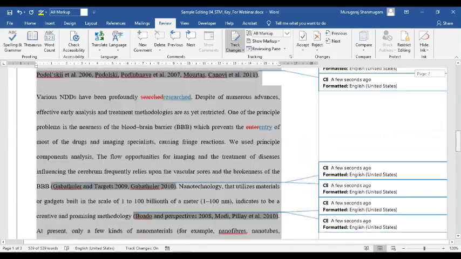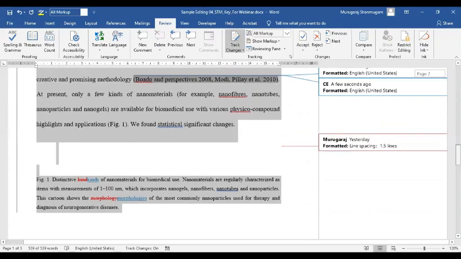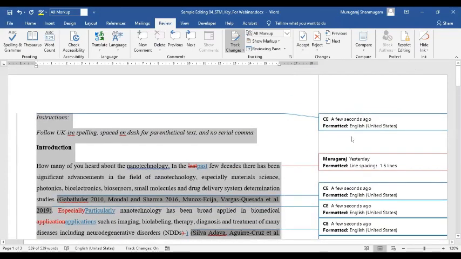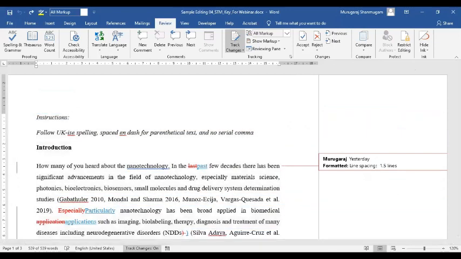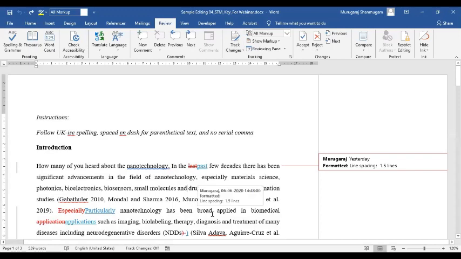They are distractions, especially for authors and writers who are not so familiar with track changes, and this sometimes becomes an annoyance to them. These are changes that they do not need to see, so you can simply disable track changes. Without track changes, you can change the language. Number one, any large-scale formatting change, you can do this way.